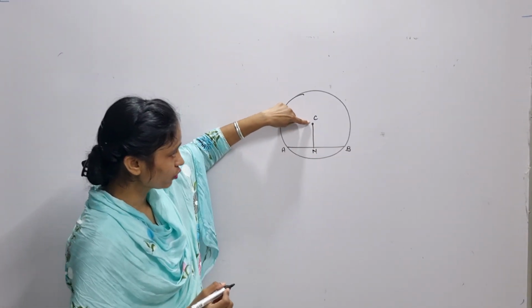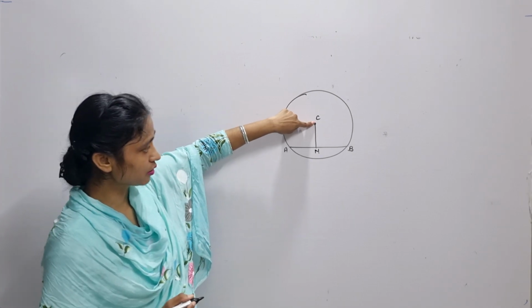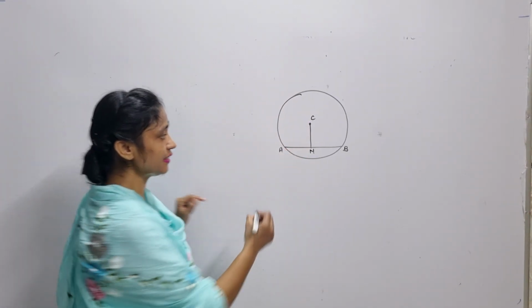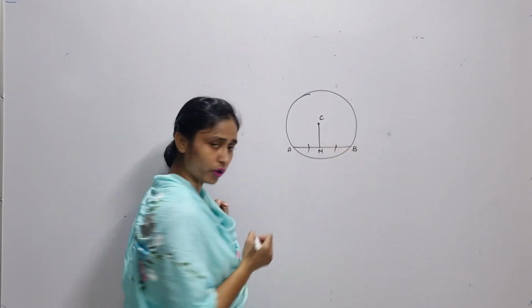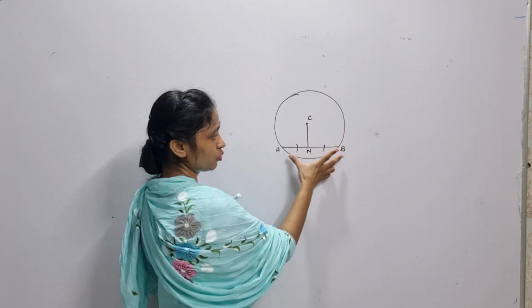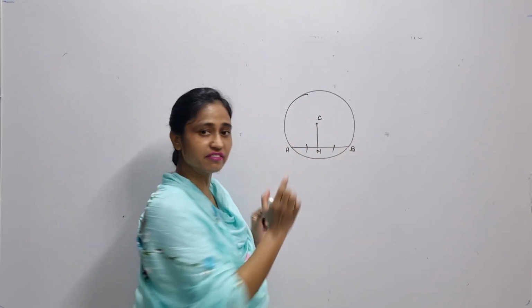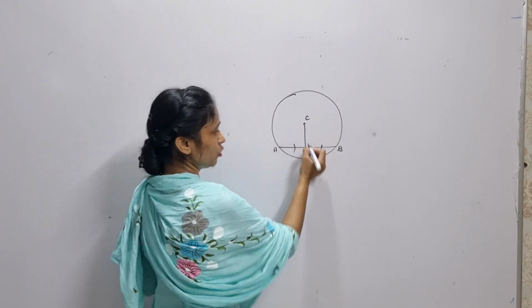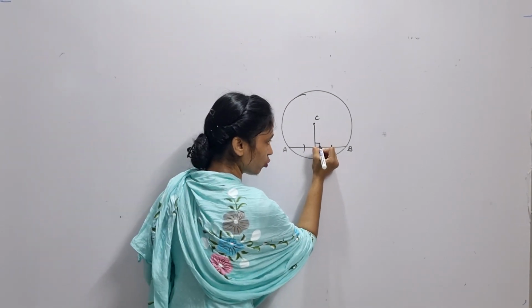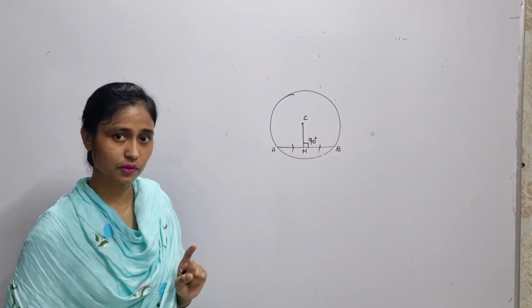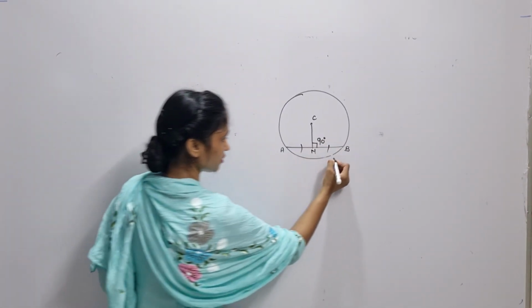a straight line is drawn from the center of the circle on the chord. If that line is bisecting the chord, means अगर वो लाइन पूरी chord को दो इक्वल पार्ट्स में डिवाइड कर देती है, तो what would happen? तो जहाँ पे वो स्ट्रेट लाइन कोड को मिलती है वहां पे 90 डिग्री का एंगल बनेगा। ओके, आई एम गोइंग टू राइट दिस इन सेंटेंस।